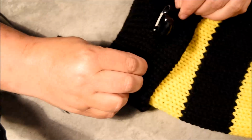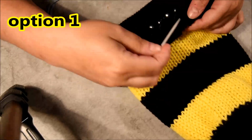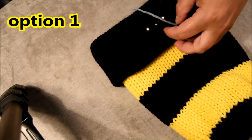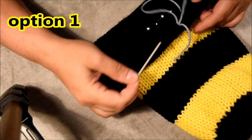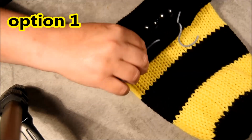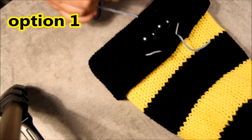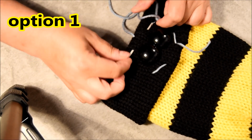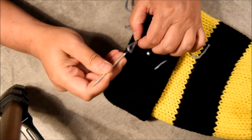Double knot, hide it between the 2 layers. And I will show you option 1. What I did first, I decided to do, I don't remember how to say that. Eyeball? I don't know. You will see what I tried to say. And so I did the 2, and then I switched on the bottom to do the mouth. So that's what I was thinking to do first, with the mouth like this. Create a triangle for the mouth,